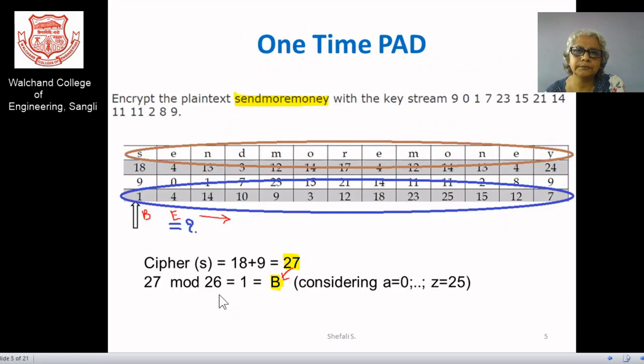Okay. Now we'll move to the next element, which is the one-time pad. I made a comment that the one-time pad is providing you the highest security because in this case the size of your plaintext is exactly the size of your key. Both sizes should match, and that's why it is providing you very good security.